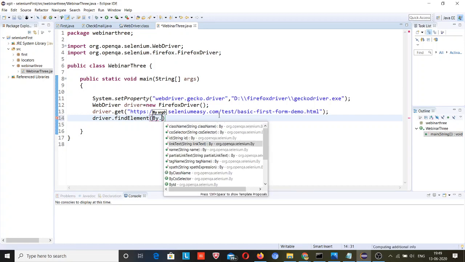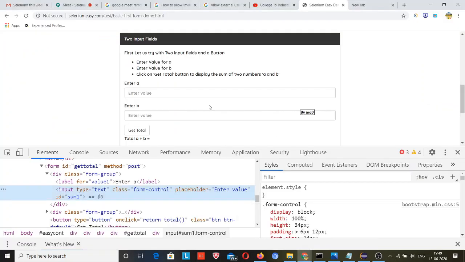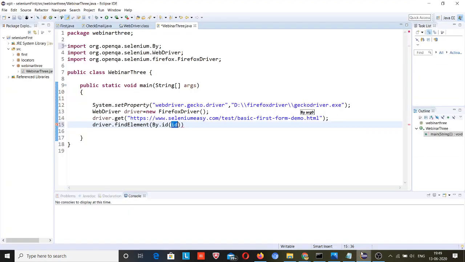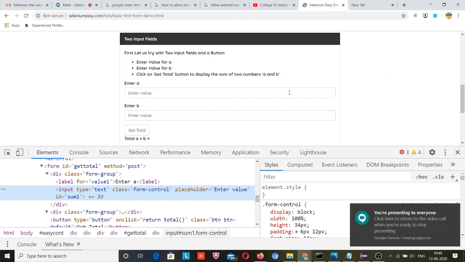Now here you have options of locators, so you can see where your id is. You need to search, or you can directly paste here. So I have copied my id, and I have located this web element.